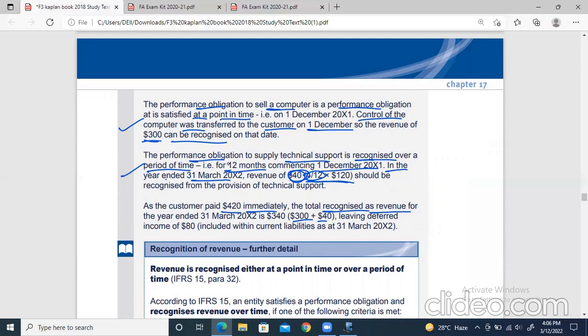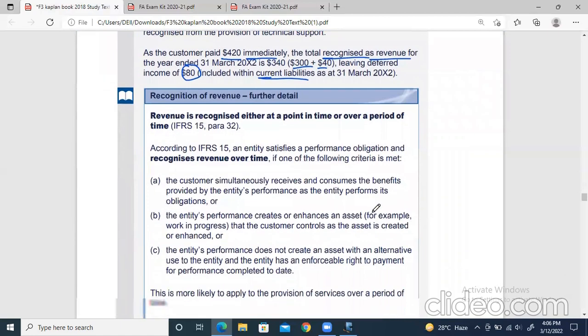And what is the difference between them? $80. $80 will be recorded as a current liability, because this is the revenue that actually right now does not belong to us. It will belong to us during the next months that are coming, because still some months are remaining, right? Sorry, 4 months have passed, 8 months are remaining, right? That makes it whole 12 months. So this 80 will be recorded when the 8 months have passed. Okay. So these are the steps we have to follow.